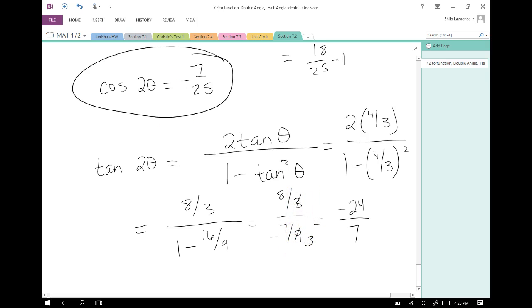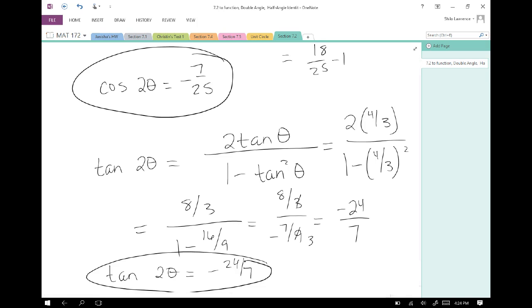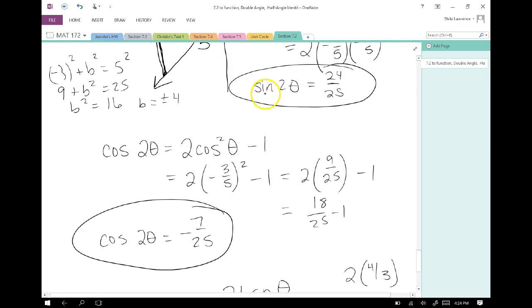Yep, negative 24 over 7. Tan of 2 theta equals negative 24 over 7. This is enough information to figure out what quadrant 2 theta is in. All we have to do is look at the signs of those answers and we can figure out what quadrant 2 theta is in. So the sine